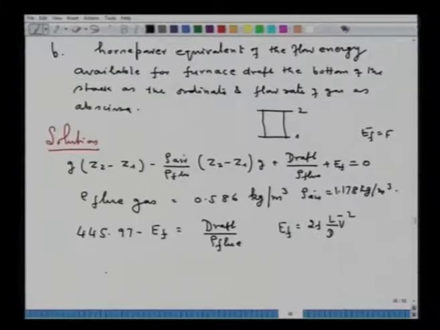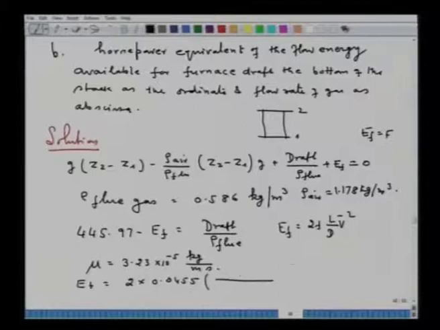Mu is already given, that is 3.23 into 10 to the power minus 5 kilogram per meter second. So you can calculate now EF, that will be equal to 2 into 0.0455 (rho flue V bar D upon mu) to the power minus 0.2 into L by D